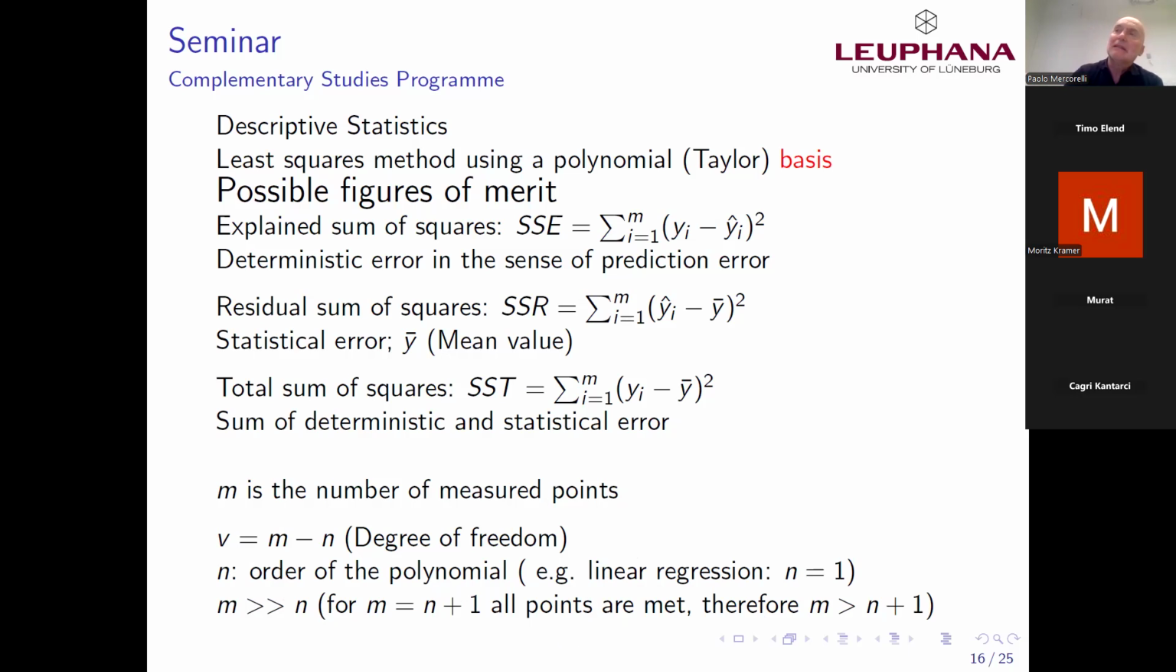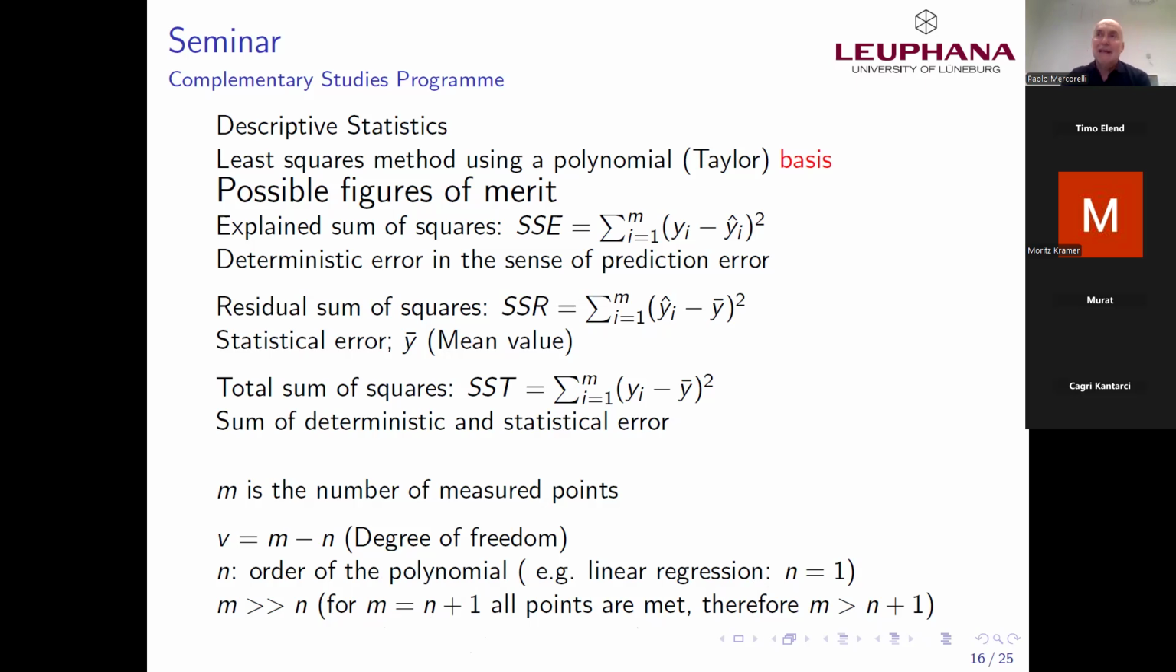We can see here the comment. For m equals n plus 1, all points are met. Therefore, we are considering m larger than n plus 1 in order to obtain exactly what I told you before, and the possibility really to optimize. Because otherwise, in this condition here, m equal n plus 1,